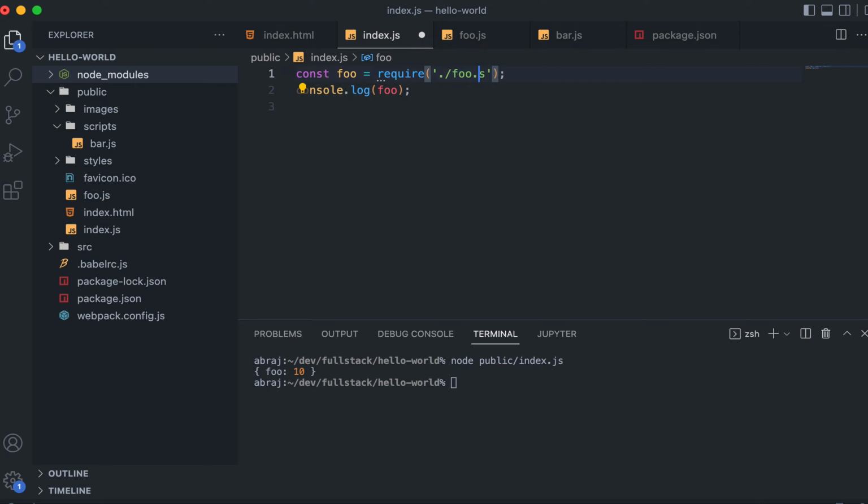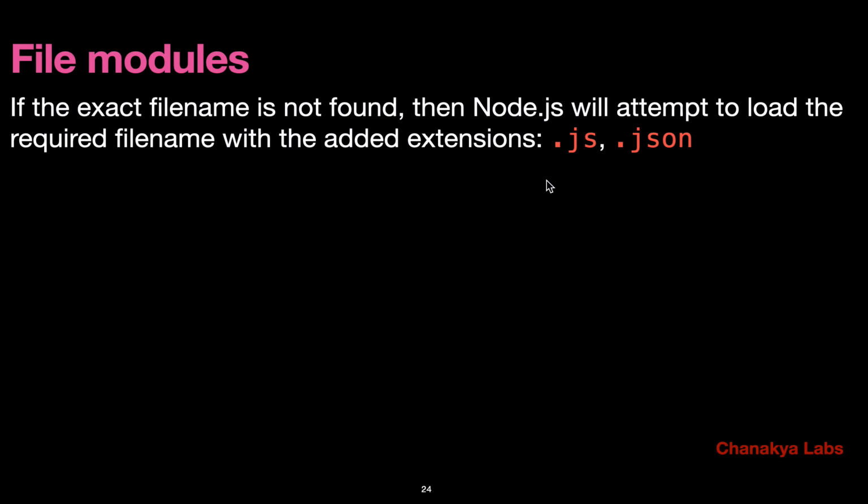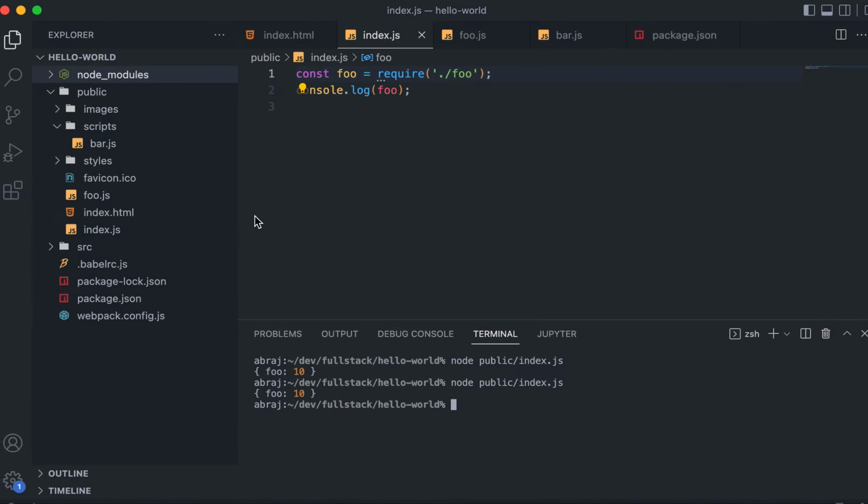If you do simply foo, you can see that foo is working fine even without the extension. Why? Because automatically, when /foo is not found, it attempts foo.js, and then it will attempt foo.json. You can see that foo.js is there and that's why it got it. Similarly, if